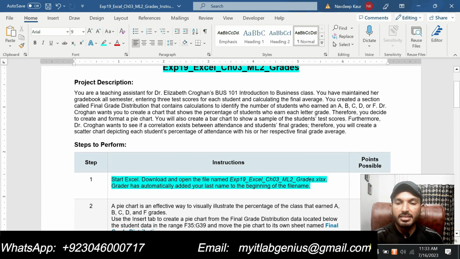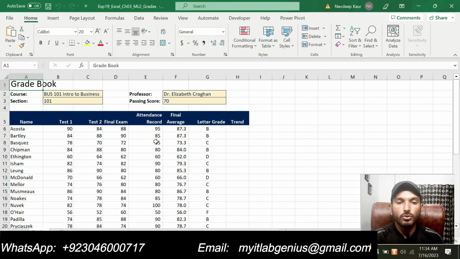In step 1 it is saying to start Excel, download and open the file named EXP19 Excel chapter 3 mid-level 2 grades. So we are supposed to download the Excel workbook where we are supposed to apply all these instructions or steps to make this assignment into its final form for submission. I have already downloaded this.